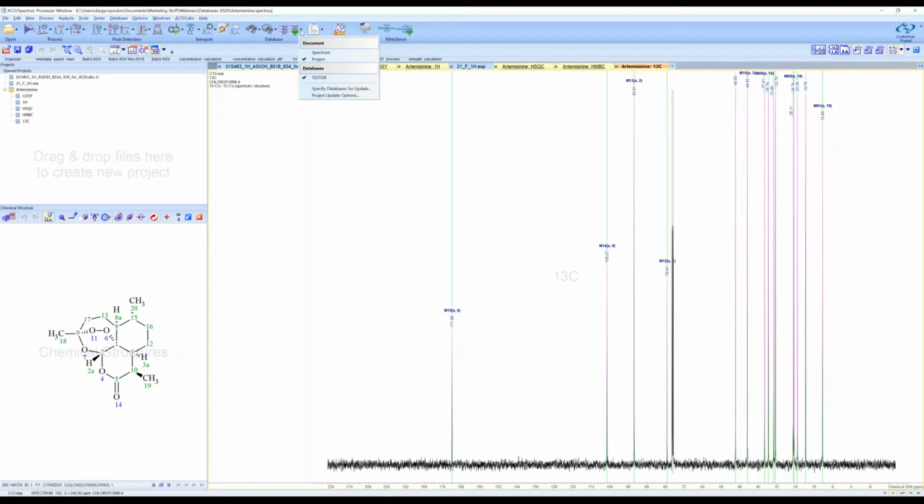And it's going to use the test DB, the database we created. If you want, you can specify other databases, or you can have also some options for updating the project. I'm not going to go into too many details. And then I'm going to click here this update database, and I see the message it's updating the spectral documents. And after a little bit,